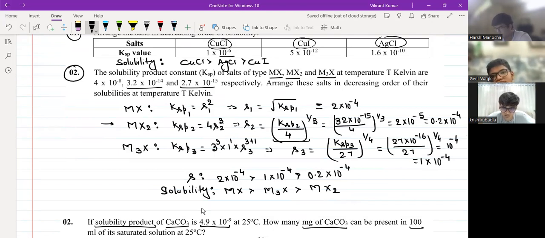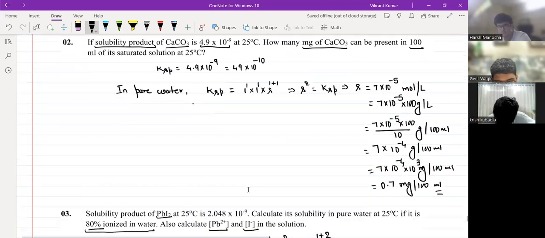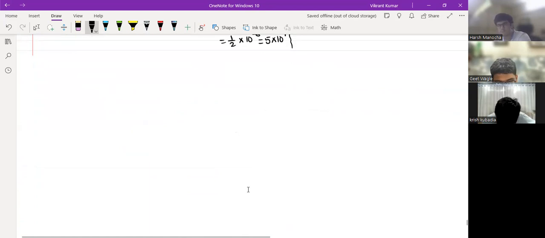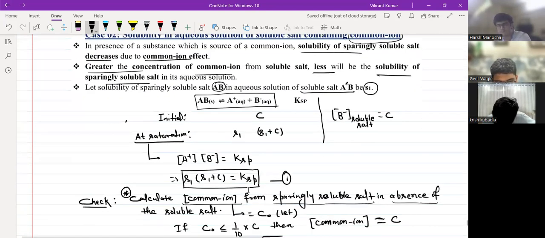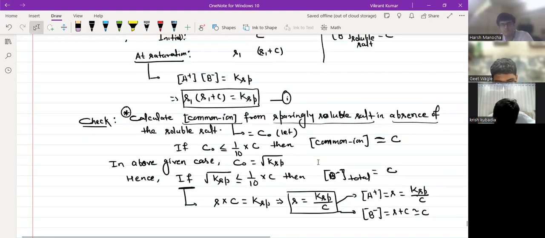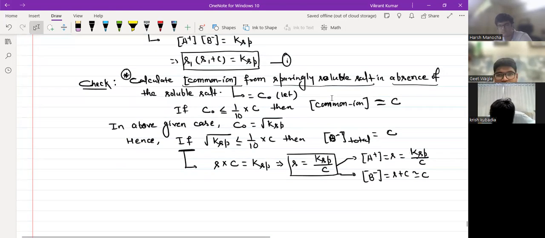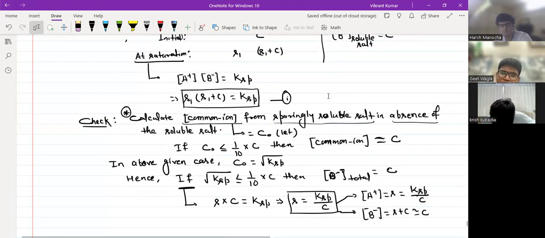In comparison to the common ion concentration coming from the soluble salt, we'll check कि वो 1/10 से कम है, तो फिर इसको ignore कर देंगे। If it is not, then you have to solve the equation। तो हिंट क्या है इसका, क्वाड्रेटिक आया तो फिर यहाँ अपने को चेक करना है। क्यूबिक या रेज टू 4 या रेज टू 5 में आ गया, तो अपनी औकात से बाहर है सॉल्व करना। And that's why definitely वो assumptions valid होंगे। जैसे ही क्यूबिक वगैरह आ रहा है, फिर असम्प्शन चेक करने की जरूरत नहीं है, सीधा बोल देना है कि यहाँ तो सॉल्व ही नहीं कर सकते अगर असम्प्शन वैलिड नहीं होगा।